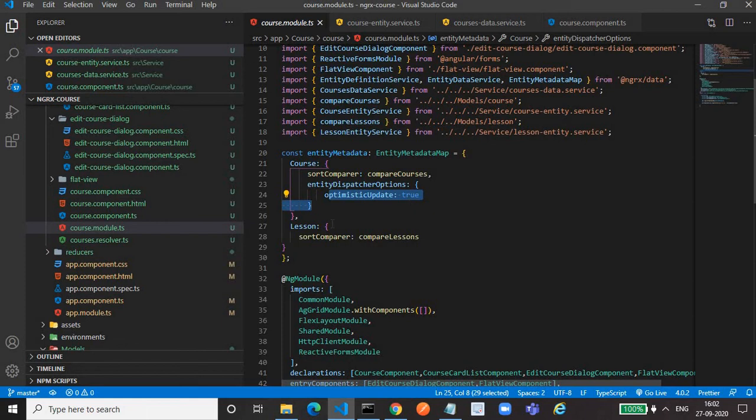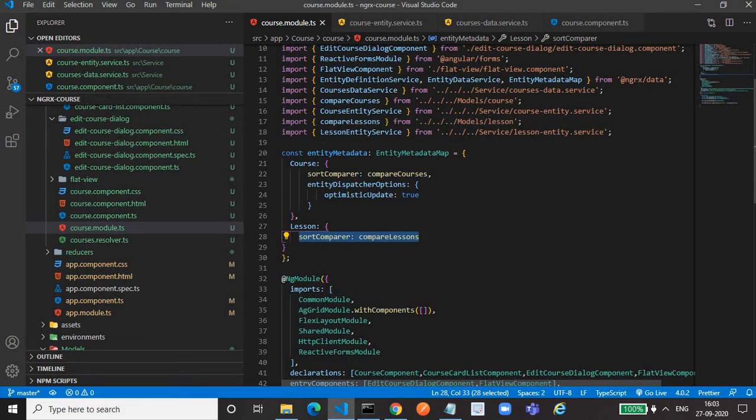You have to create a constant of type EntityMetadataMap, then write the entity name, colon, and we can give an empty object also. It is also not necessary. If you don't need any sort comparer function, then we can leave it as an empty object as well.